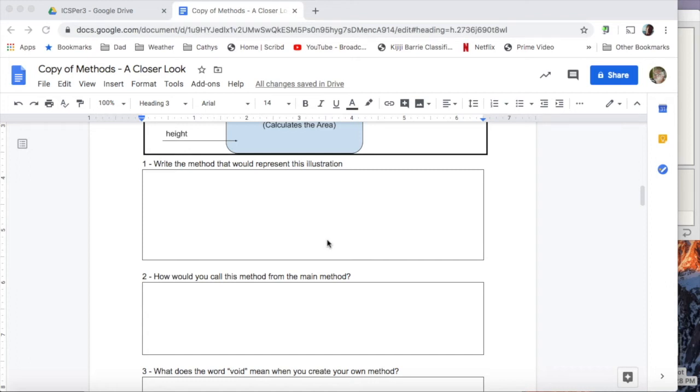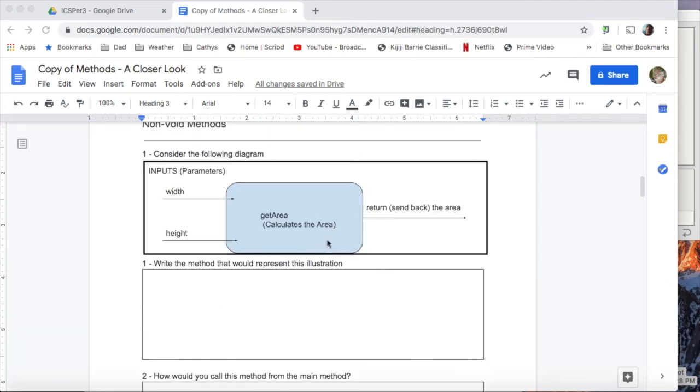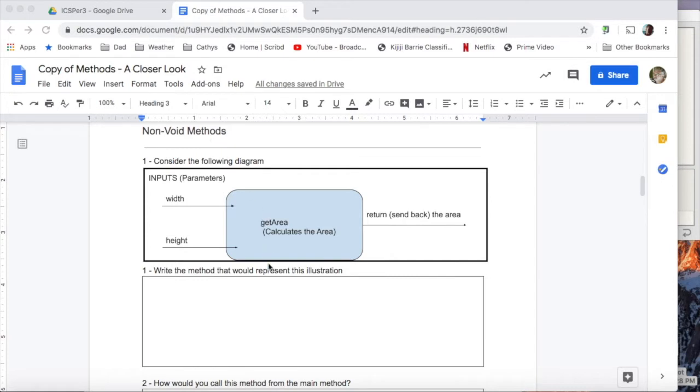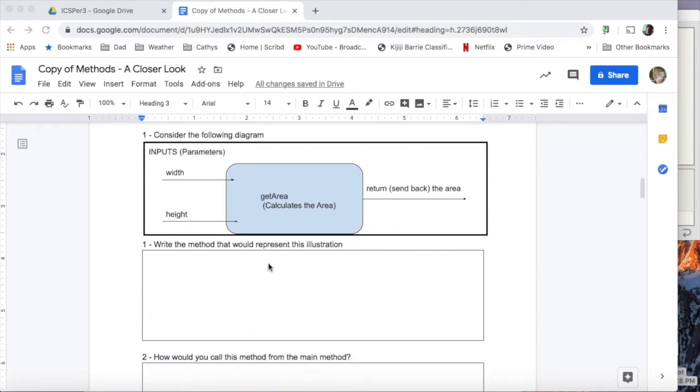So this next video is going to take us through the non-void methods section of the note. All right, so we're going to jump right in here. And the first method we're going to write, guys, is illustrated well with this picture that I've got on top